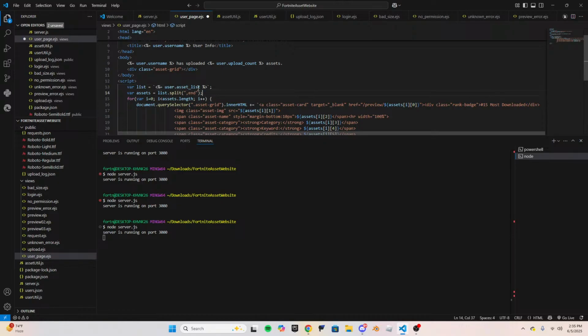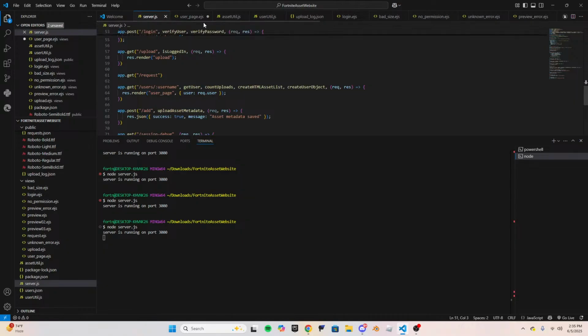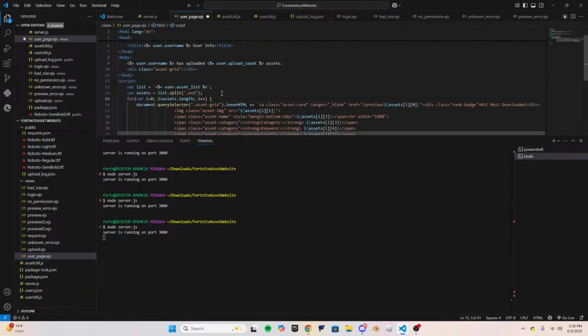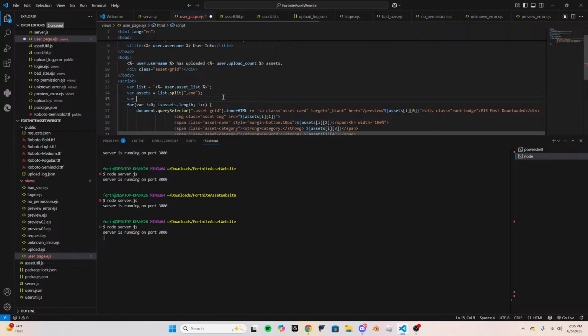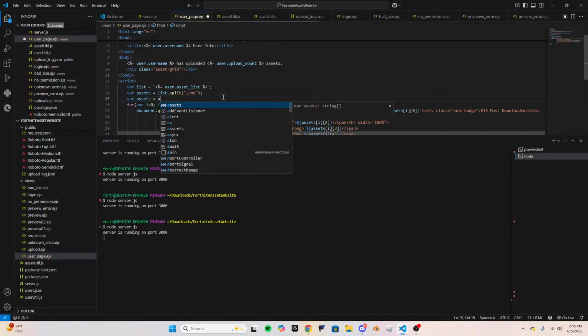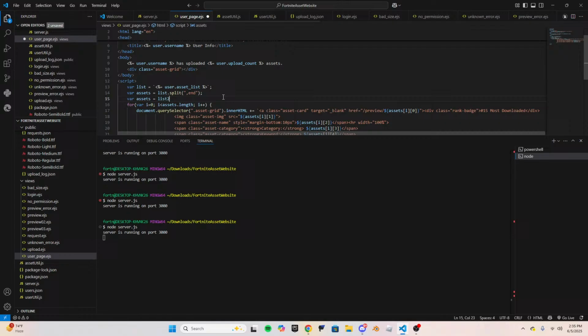If we split it there, comma end, and then we do var assets equals list to dot split comma, and then do